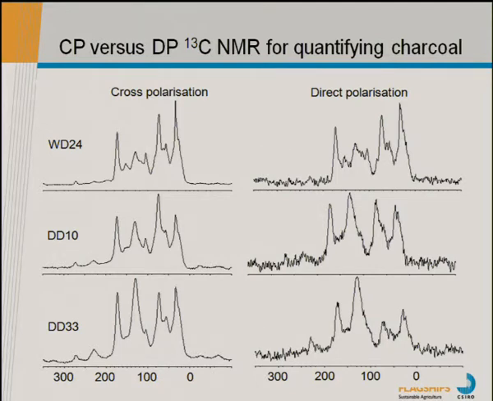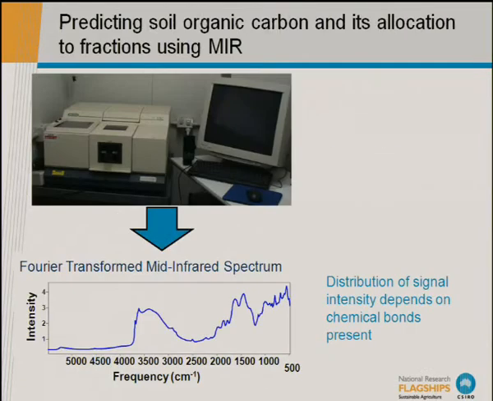So if we get a range of soils with a range of charcoal contents and find what these ratios are between them, we could basically back apply those ratios to samples we can only run in CP mode because it only takes a couple hours. We can run them much more and get a much better picture across a wide range of soils what this charcoal content is. And then ultimately, we're doing all of that and trying to link it up with mid-infrared spectroscopy,